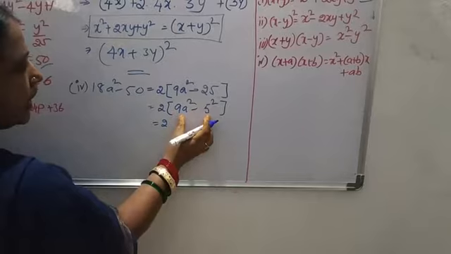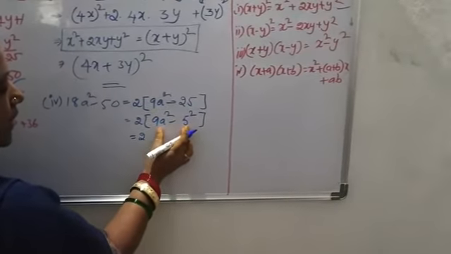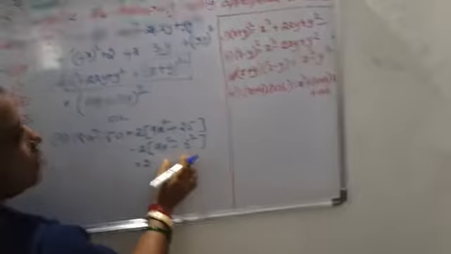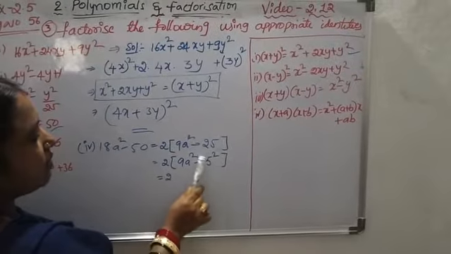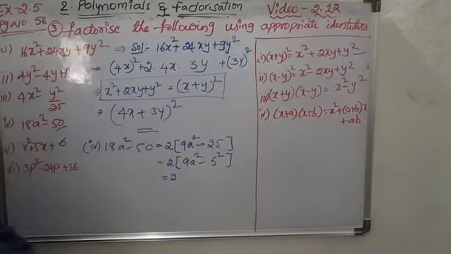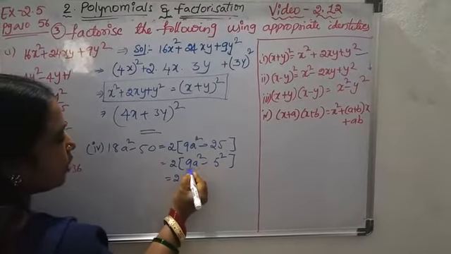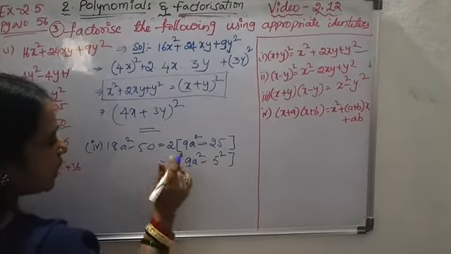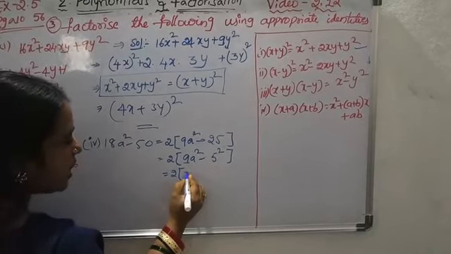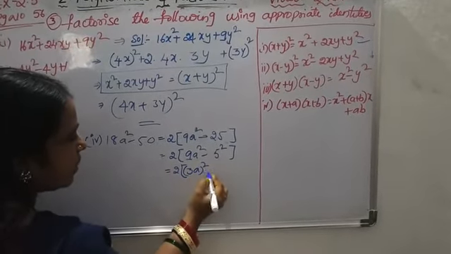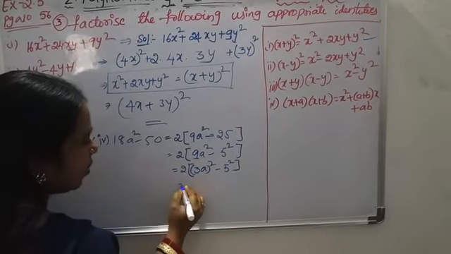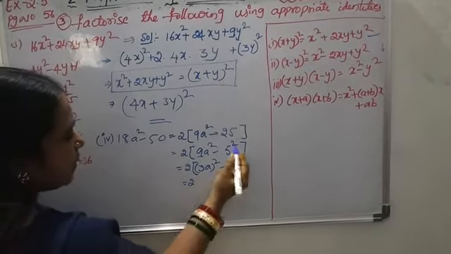Now we use an algebraic identity in this form. Checking here, x square minus y square. Here also a square is there, and in between a minus symbol is there. But here the square is only for a, not for 9. So 9 can also be written as the product of itself, that means (3a) whole square. 3 square means 9, a square minus 5 square. Now it can be written as a square minus b square.